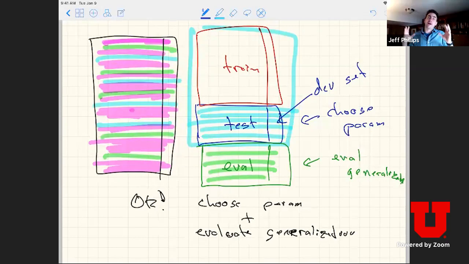So contests are often run much better now. They provide the training data, they allow you to ping the test data once a day, and then at the end, they have a separate evaluation set that they evaluate all of the best models on. Otherwise people could spoof these challenges. They could effectively learn the test set by making these probes, by trying to train these random models. So you have to split this way if you want to choose the parameters and evaluate the generalization.